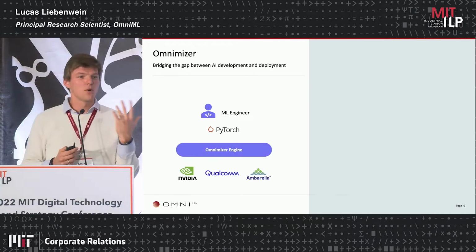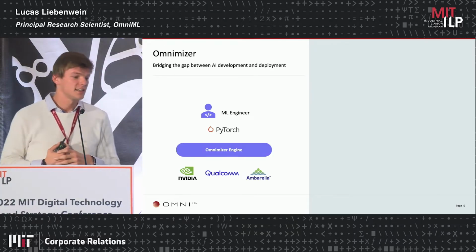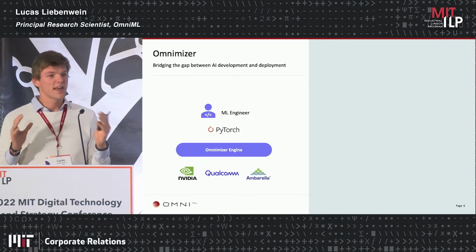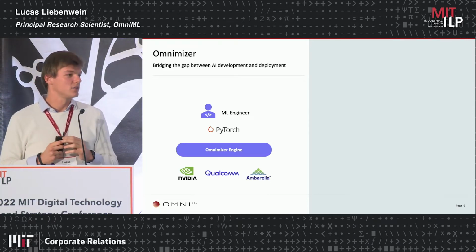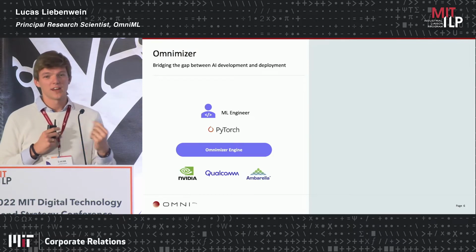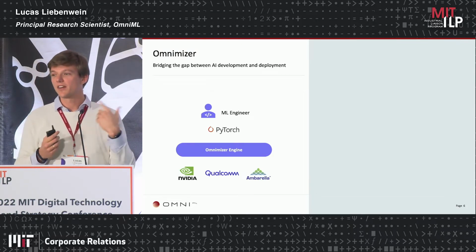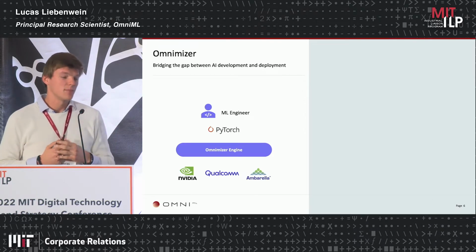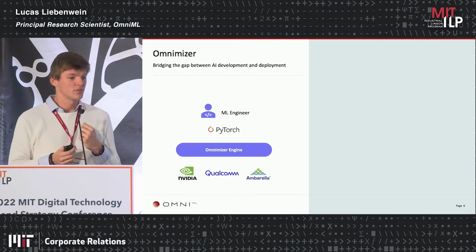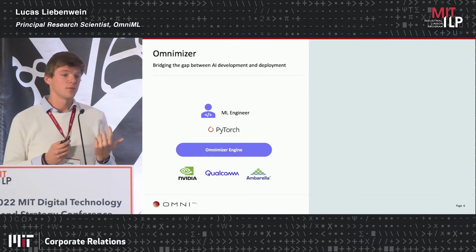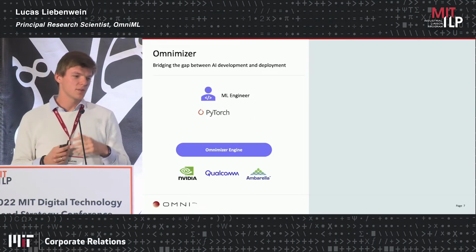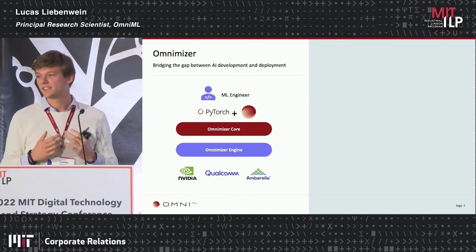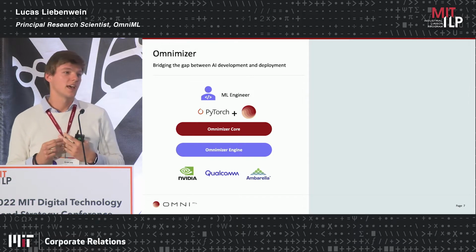The first component in our product vision is our engine. With our engine, we want to provide a streamlined, completely standardized way for you to interact with different hardware devices directly from your cloud and native environment where you develop and train your models. That makes it a lot easier to interact with your model, get feedback, and understand what you are working on. The second part is our Omnimizer core, which is a set of model optimization, adaptation, design,